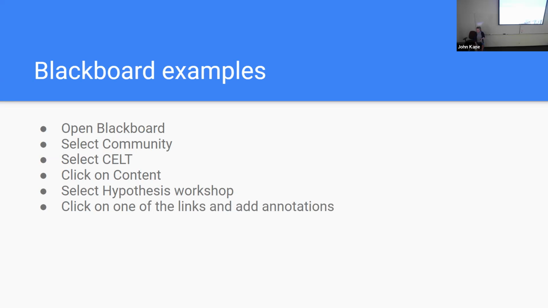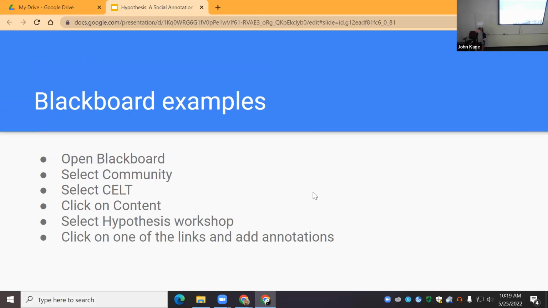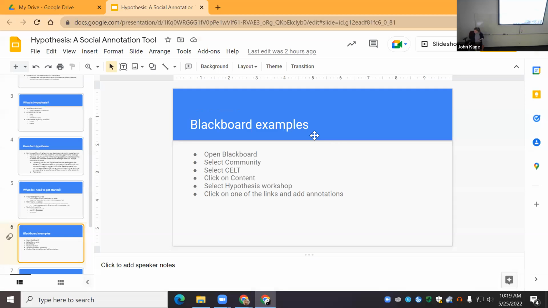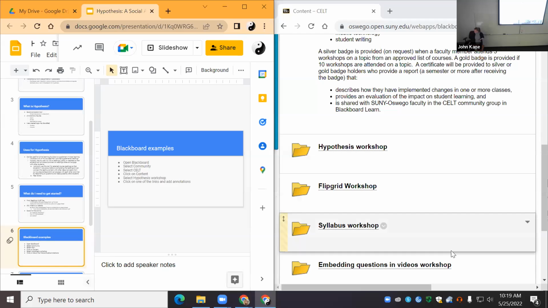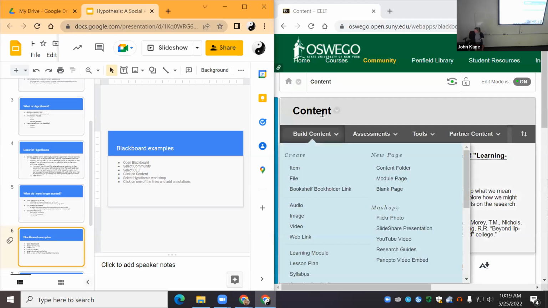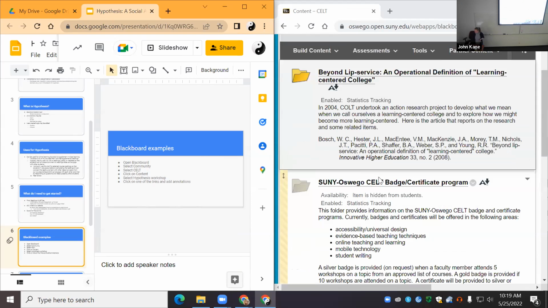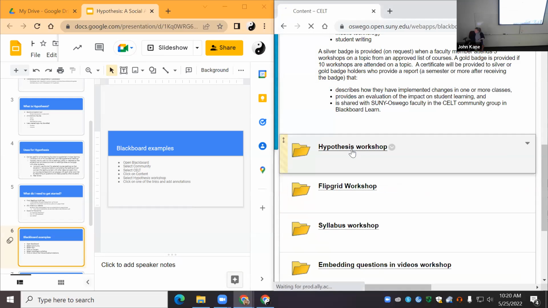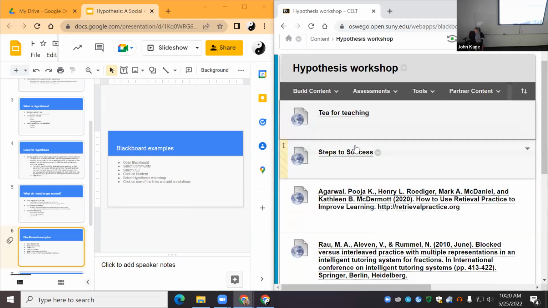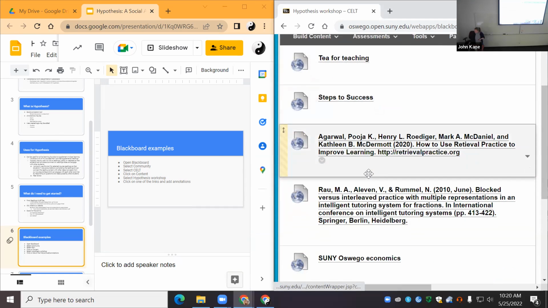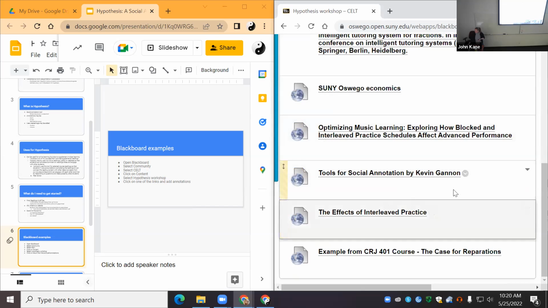And I'm actually going to have us all go into the same one here in a minute. So, can you see both pages on my screen now? Okay, great. So once you're into that CELT community, the Hypothesis workshop is right here at the top. So you can click on any of these. The one I was hoping we could jump into, if no one had objections, was an example that I